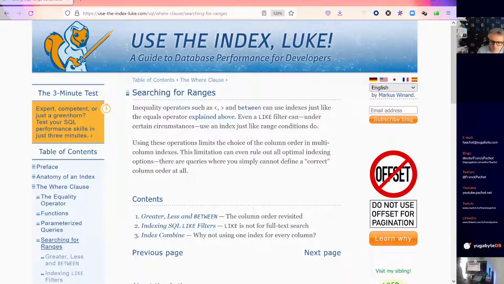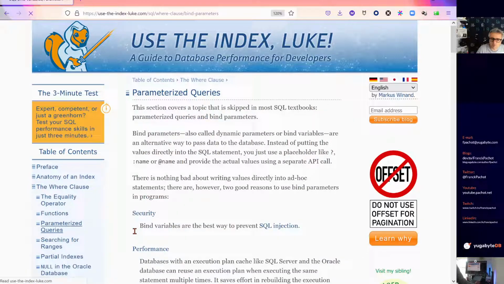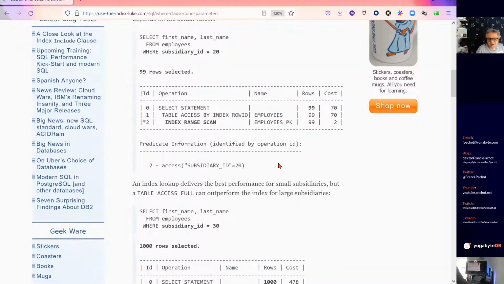The previous ones which I've put on my YouTube were about the anatomy of the index and the where clause, how indexes behave with functions. We can create function indexes, and then the index is used when the function is in the where clause, for example. And last week, I think we have seen parameterized queries, how it works, and I made a lot